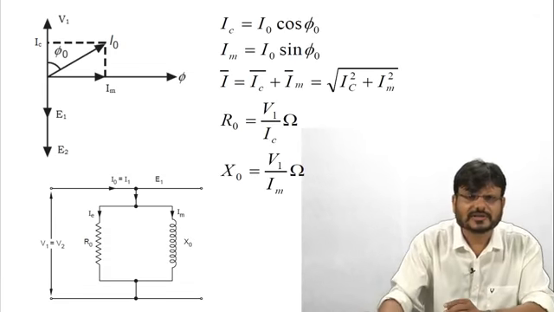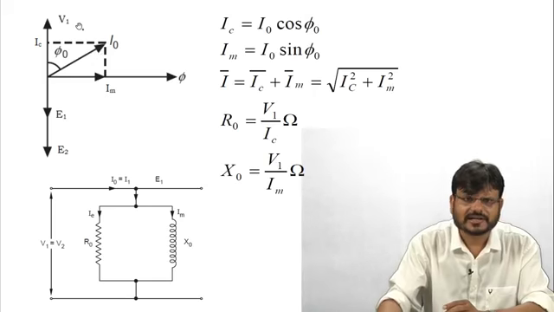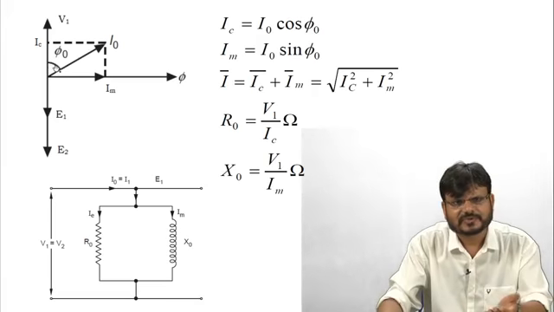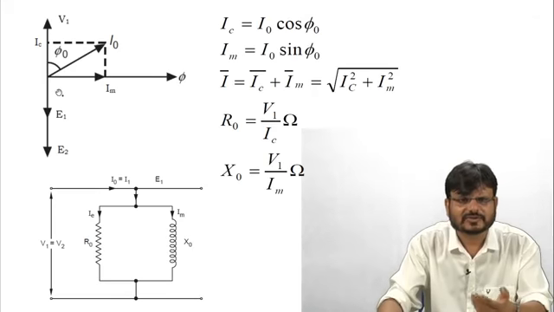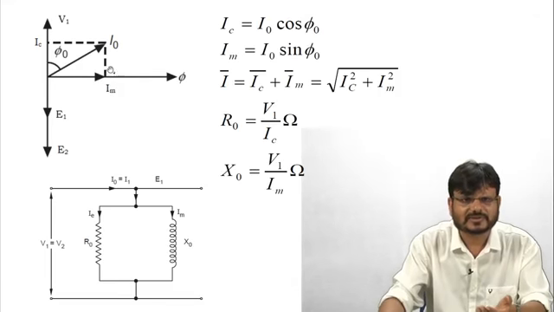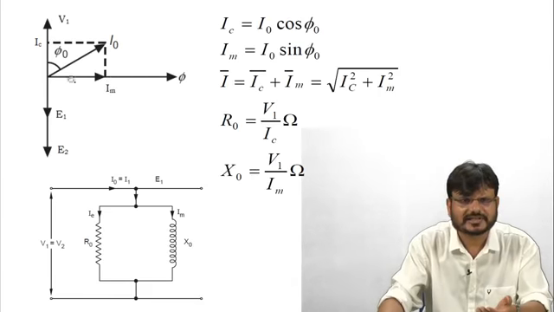Now because you have calculated the no load current and you have a value of the voltage V1, you have a value of this no load power factor, that means you can say you have a no load phase angle, right? So just draw the phasor diagram at the no load side. This I naught is current lagging with respect to voltage V1 by this angle phi naught. If you have a value of this I naught, you can also calculate the components of no load current, that is magnetizing current, and IC.